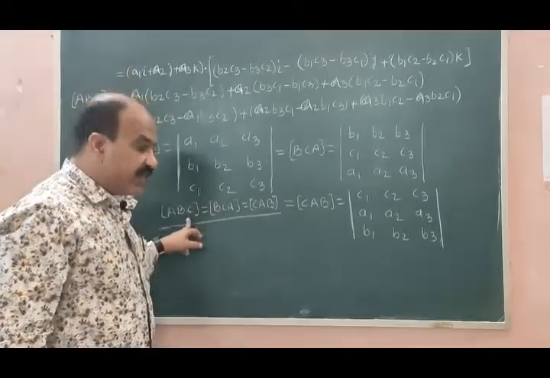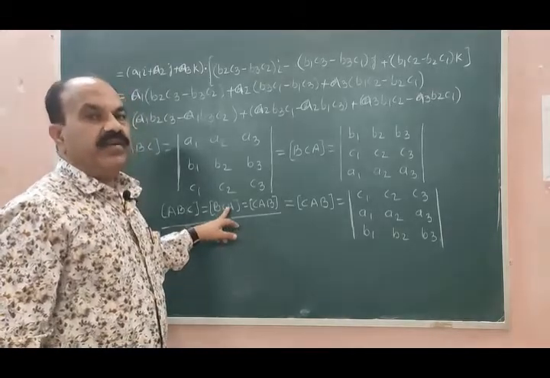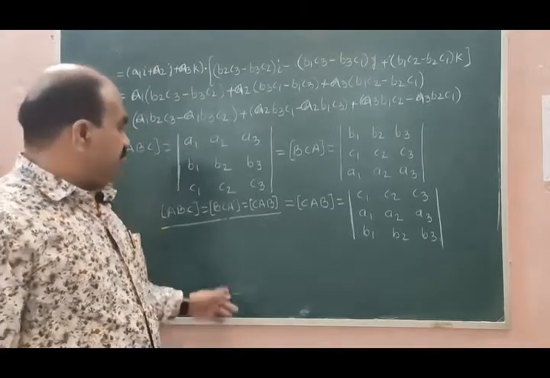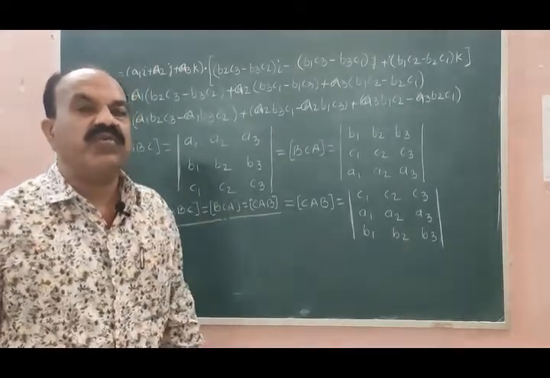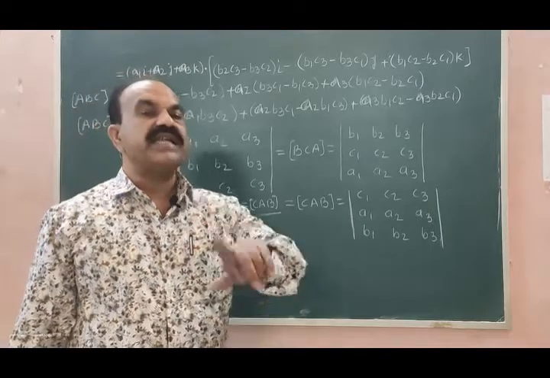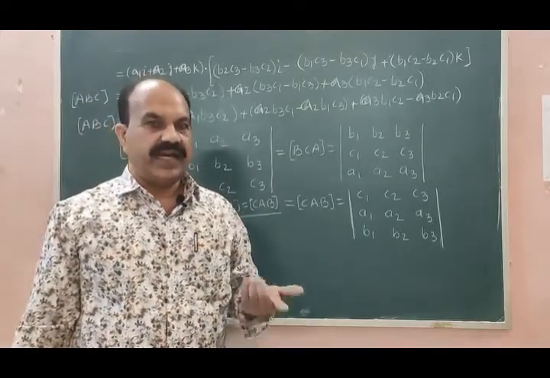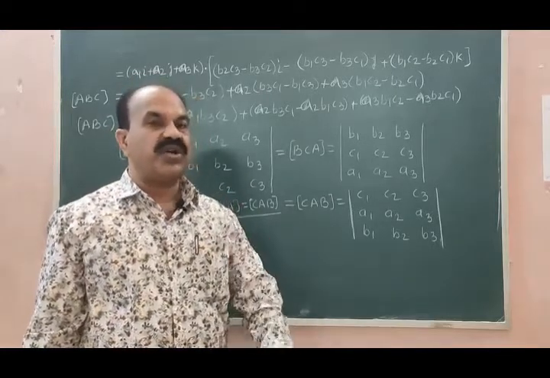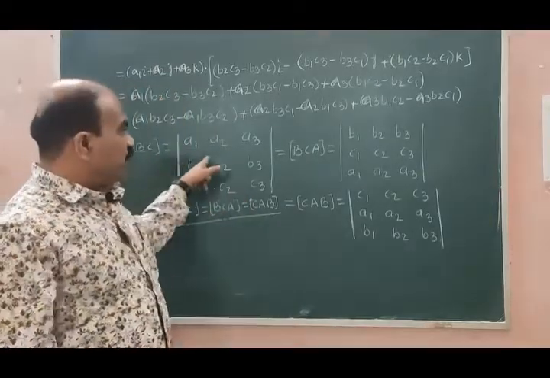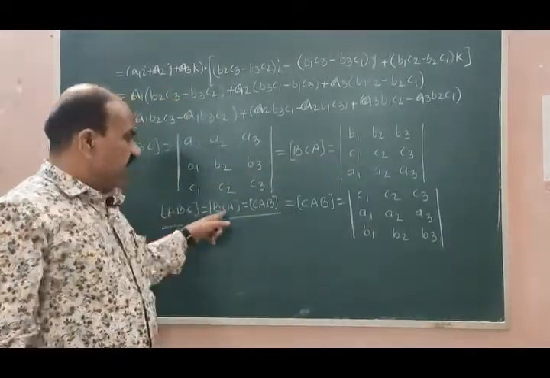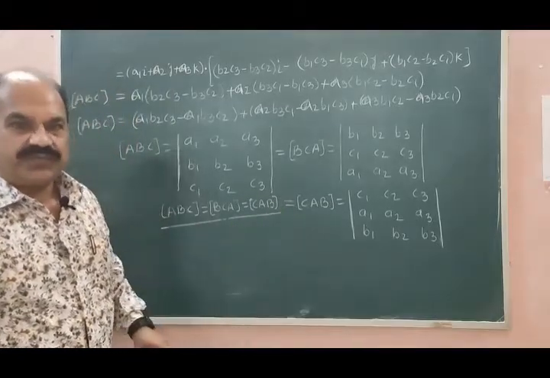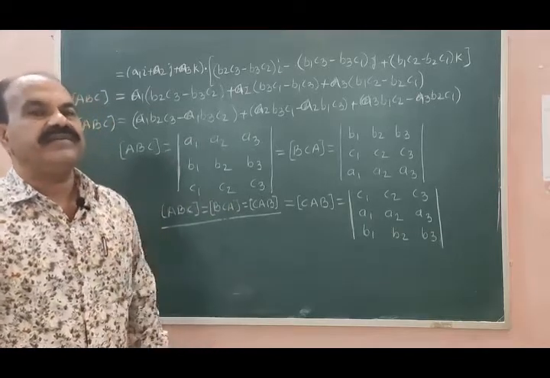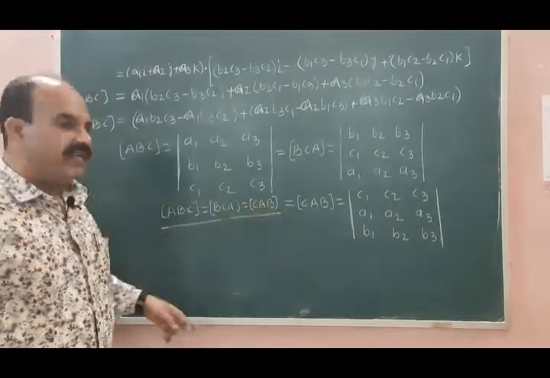Box product ABC is equal to box product BCA. Box product BCA is equal to box product CAB, because this type of permutation is known as cyclic permutation. And if we have cyclic permutation of the vectors in the box product, it is allowed. Therefore, this equation is true and this equation is also true. If you go for anti-cyclic permutation, that will not be written this way. For example,